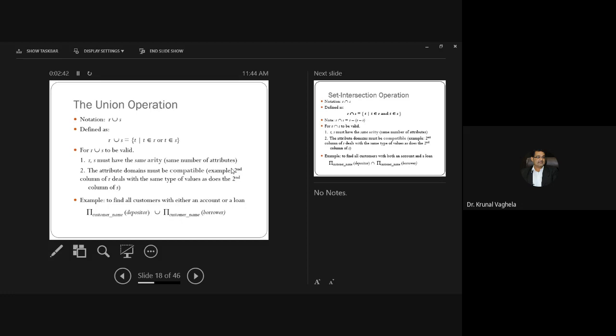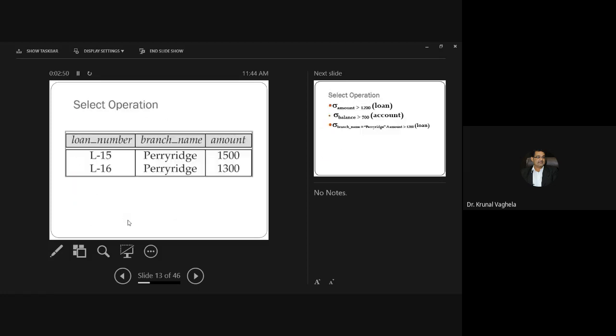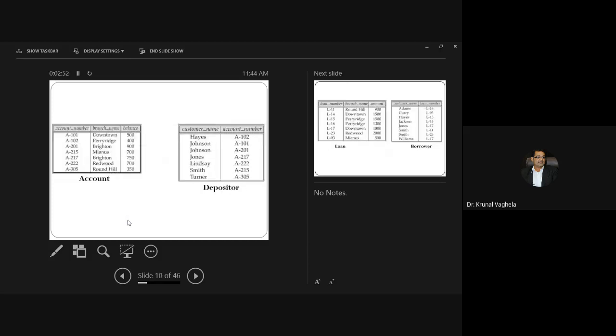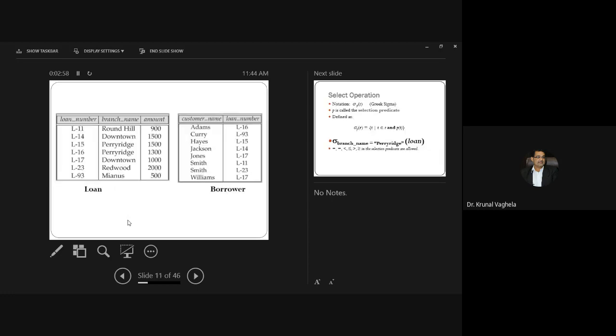So what will it do? Customer name from the depositor, because let me show you the table. You will find customer name in the depositor, that means who have an account, and customer name in the borrower, who have a loan. So if you perform the union, then it will give you either loan or account.